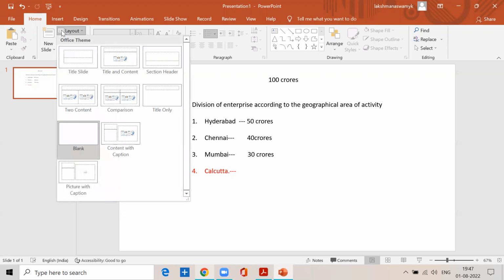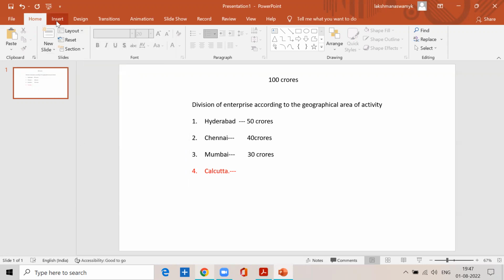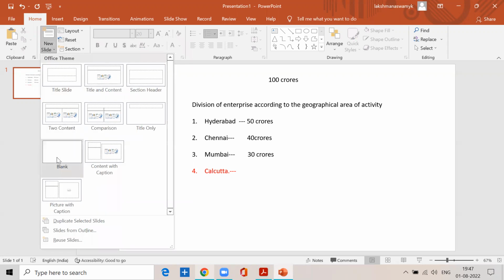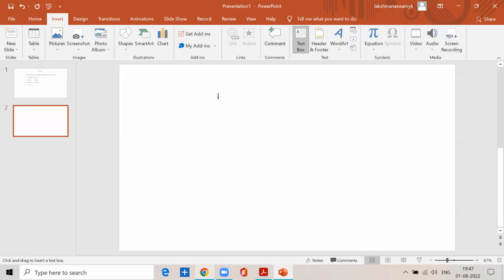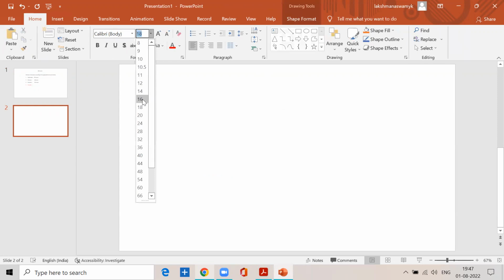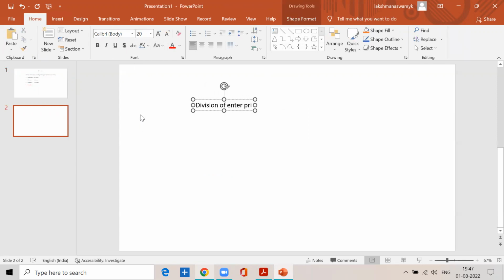Then the business areas can also be defined on the basis of line of activity. So what is the line of activity? Division of enterprise on the basis of line of activity. Means under the same name of the company code, we are carrying on business in textiles manufacturing,